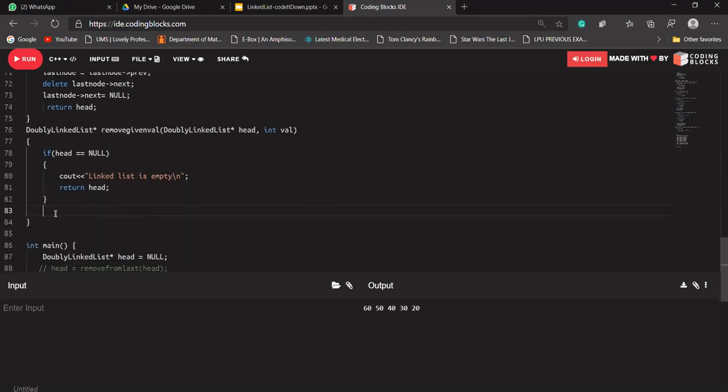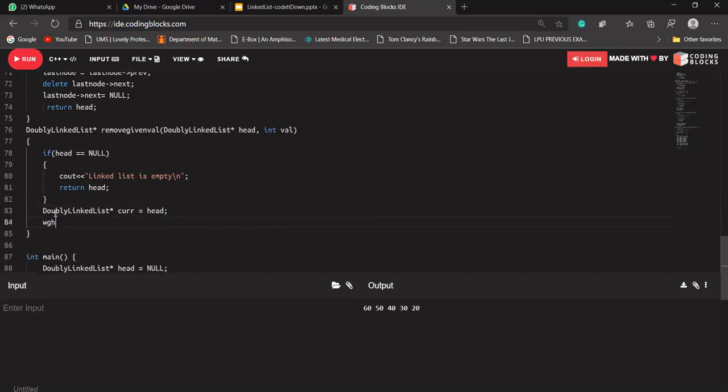So now what we have to do, let's create a current pointer, and it should point to the head node now.